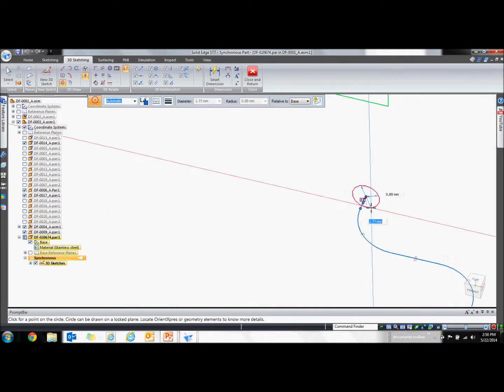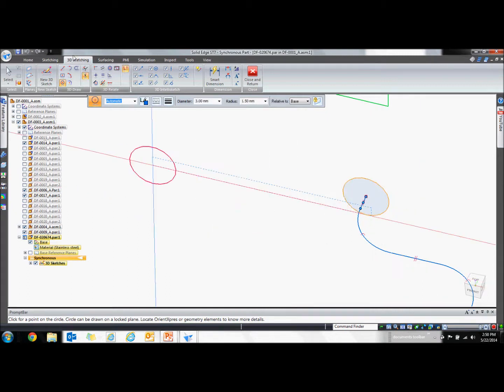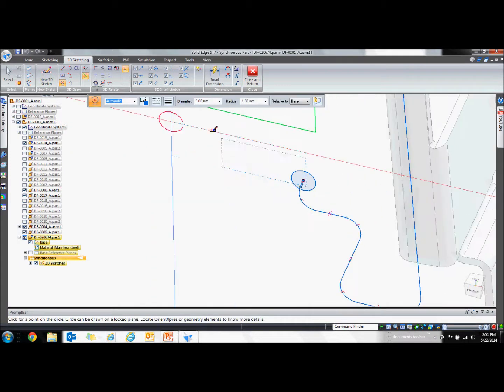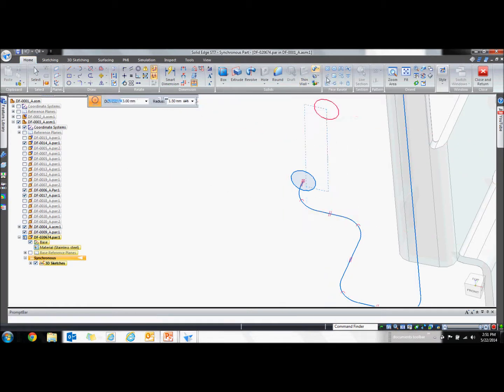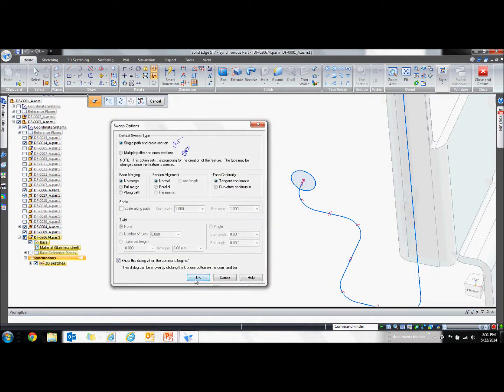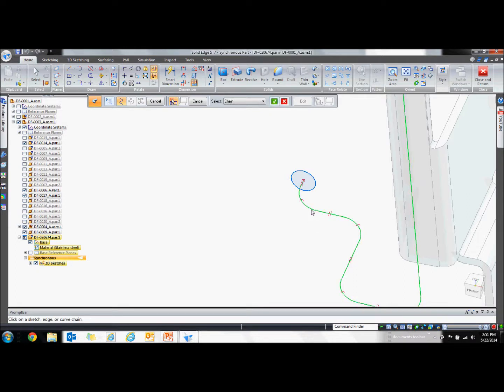So this circle probably needs to be around 3mm. And that looks good. And what I'll do is hit close and return. Actually, no, I won't. What I'll do is reach over here to my home and choose a sweep. And within the sweep, I'll say all those look great. I'll use this as my path, and I'll use this right here as my